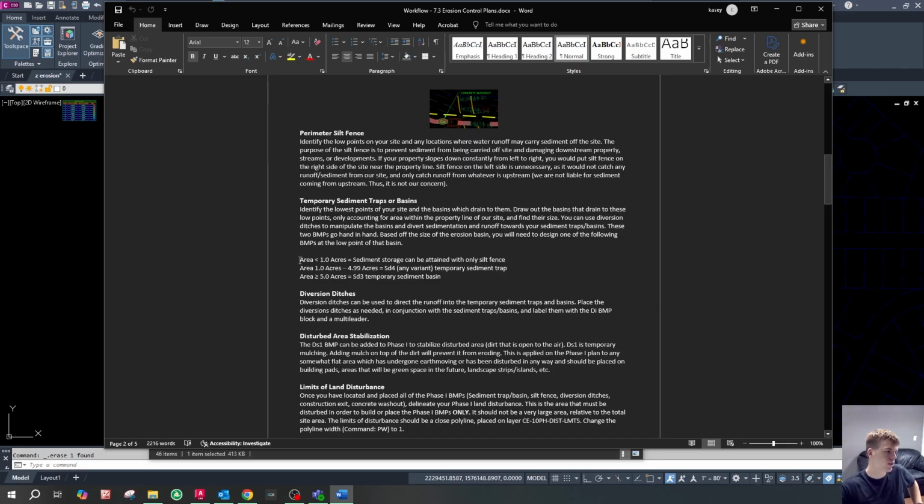If we're working with a site that's an acre or less, typically we submit it without a temporary sediment trap or basin at all, because we believe that silt fence is enough to accommodate all the required sedimentation storage. Sometimes jurisdictions don't like that and they want to see a temporary sediment trap anyway, but usually if it's an acre or less, that's what we're going to start off with, achieving the sediment storage just with